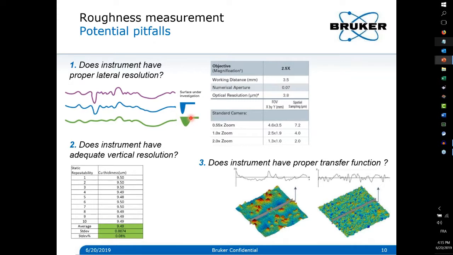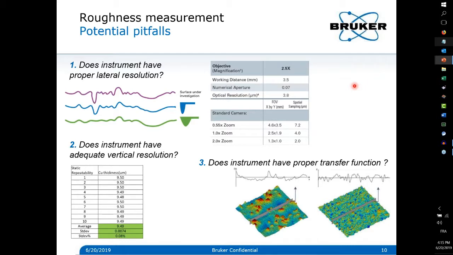However, using a stylus which is far bigger will bring you a very different surface, and you will elude these valleys, for instance, that could play a significant role as a lubricant reservoir. However, lateral resolution is more complex than that, and usually this has to do with how the system is specified